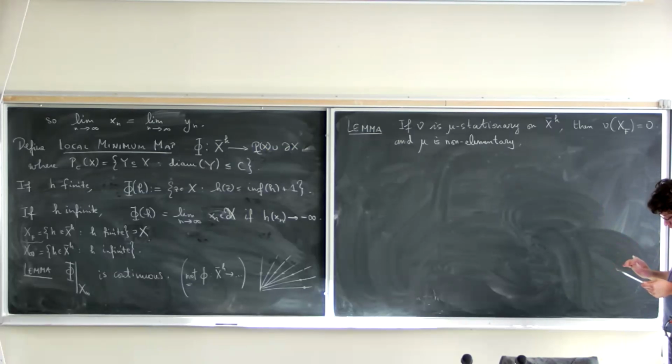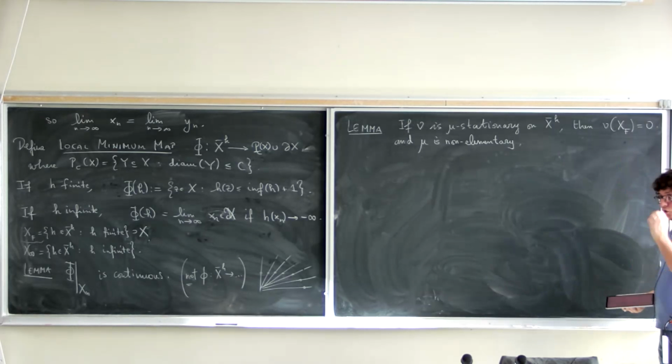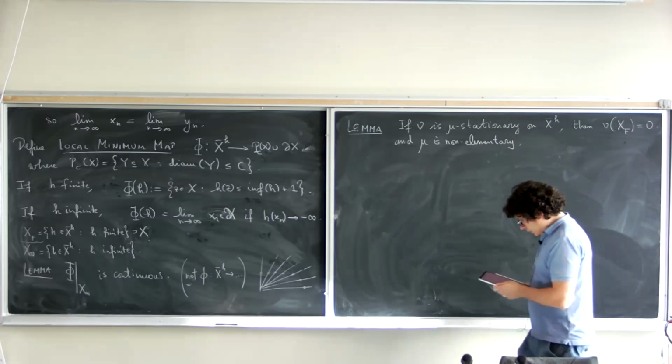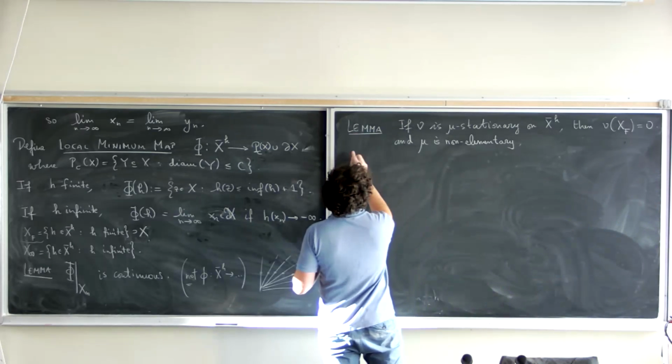This is coming naturally because it's a bit like what we already did for the disk, to show that, for instance, the compact subsets of the disk don't carry the stationary measure when you have just a non-elementary measure on PSL2R. That's a similar idea, but now the space is non-proper, so it's a little bit more tricky to prove. So in fact, the proof